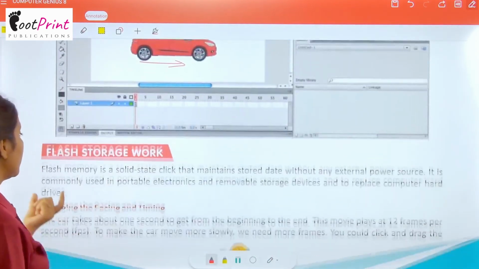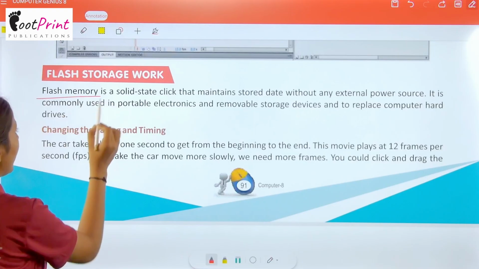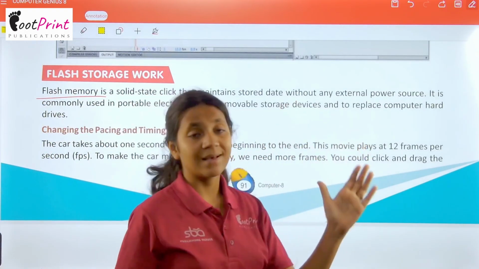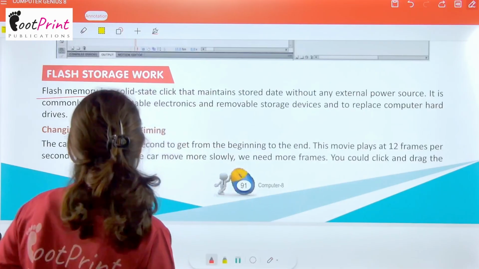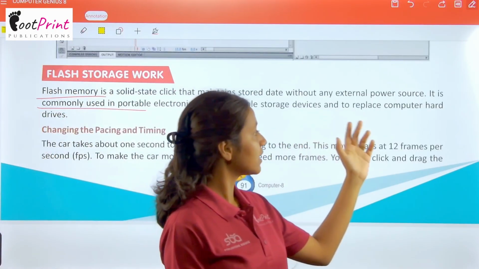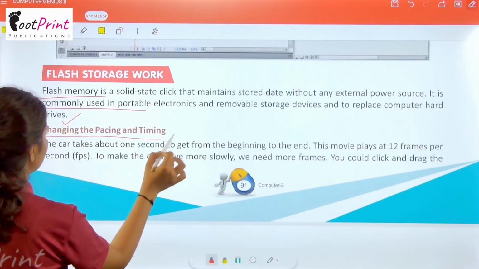Okay. Now we have flash storage work. Flash memory is a solid state click that maintains stored data without any external power source. It is commonly used in portable electronics and removable storage devices and to replace computer hard drives, changing the pacing